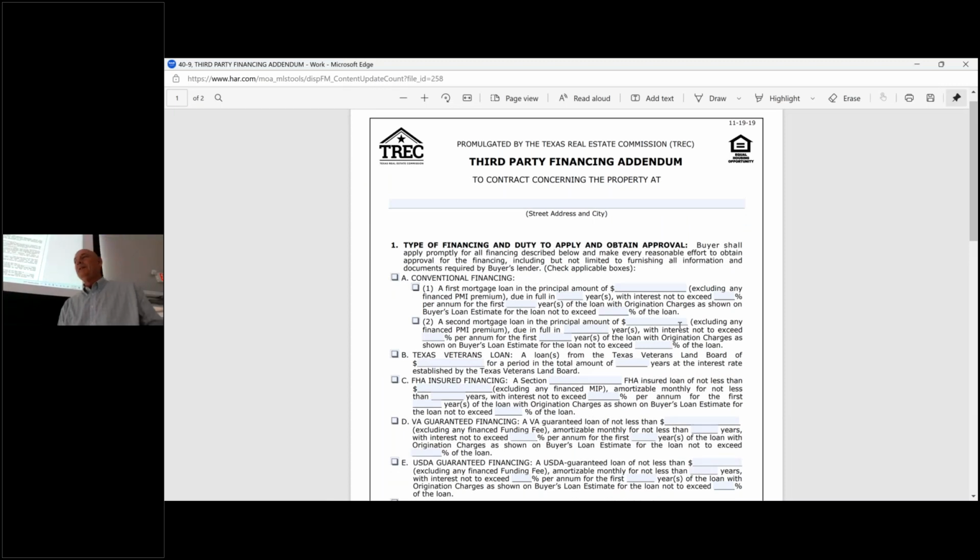Third party financing addendum. Is this what you use when the seller's providing financing? Oh, that would be a seller financing addendum. Third party is, this is not the buyer or the seller. This is somebody else providing financing. So first thing you do,